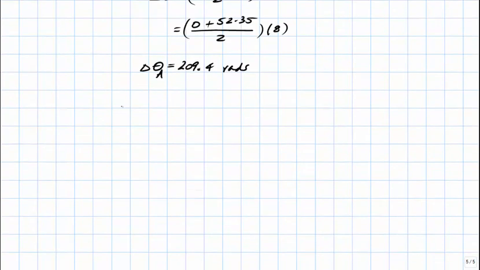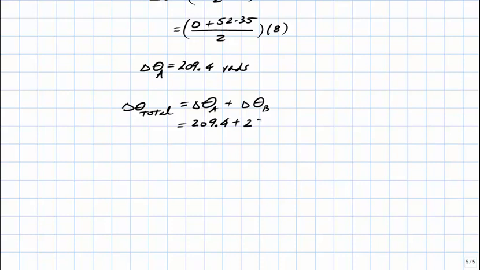And let's note that this is delta theta in phase A. And so delta theta total equals delta theta in phase A plus delta theta in phase B. The values, of course, are 209.4 plus 282.7. And if we add those two values, we obtain delta theta total equals 492.1